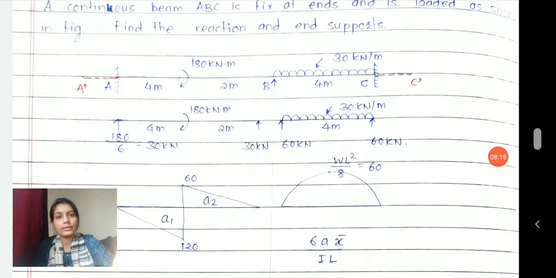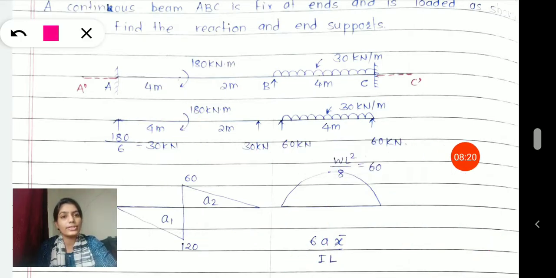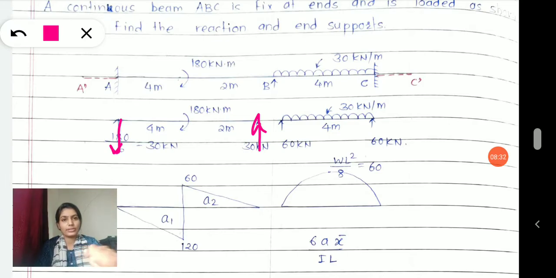So here the very important change is that this support reaction is negative. Negative means it is vertically downward in direction. This one is vertically upward in direction. Make a change over here. Yes. Now the reactions are done. We have calculated the reactions. You can now calculate the bending moment diagram.